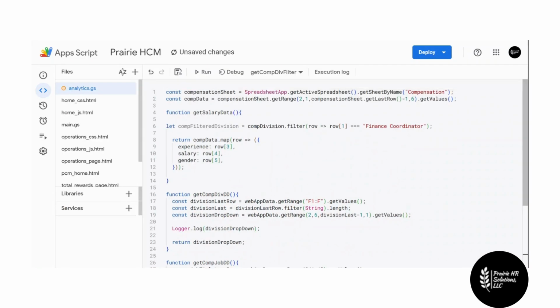What we did was we created a map of our total data set based on the row, and then we assigned the experience, salary, and gender depending on what column it was. So this was the third index, so that would be the experience. The fourth is salary, and gender, of course, is the fifth one. So what we can do is just grab this